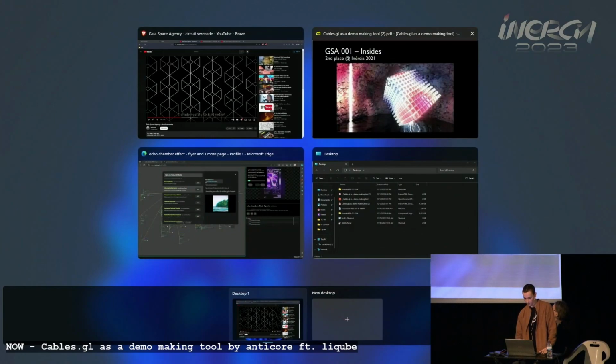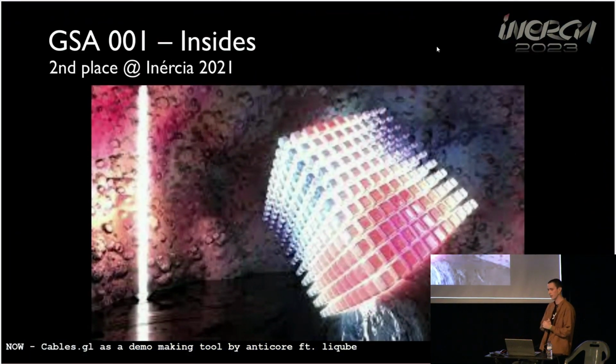So that was the first demo we made in Cables. Like I said before, I did mostly shader stuff and tried to make an engine and it failed. So this was the way I could actually get down and make a demo, by having something that allowed me to do shader coding, but also have those little things that make a demo like time syncing and generating textures and stuff like that. So that's why I started using